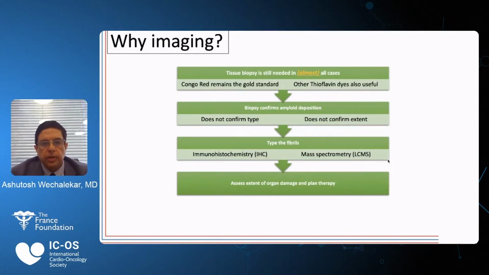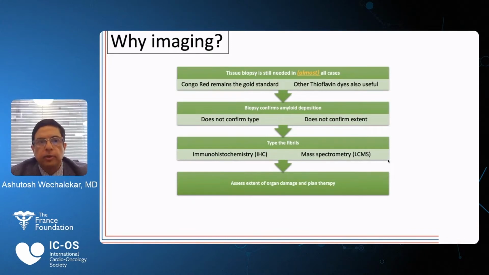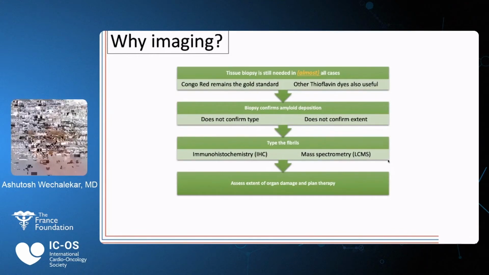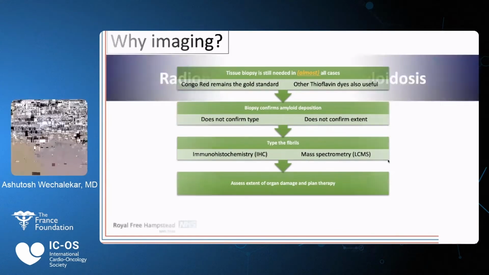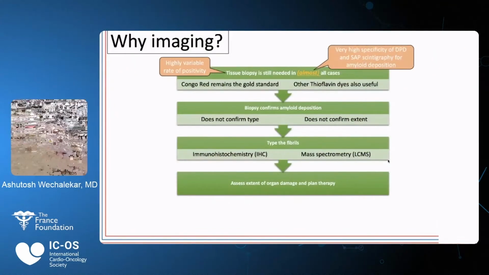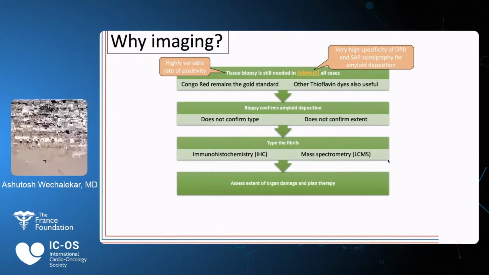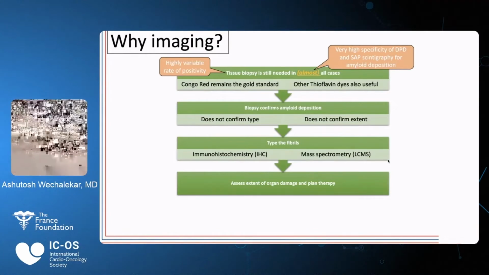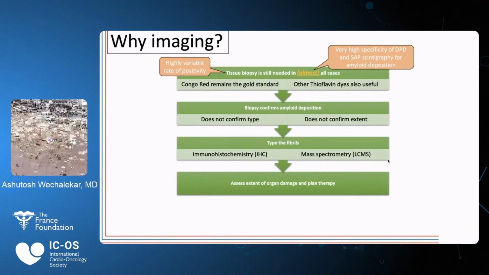Okay, great. So the question for us is why imaging in amyloidosis? What's the role? What's the purpose of imaging in amyloidosis? And could we have the next one, please? So essentially, the reason we need to image amyloidosis is that the diagnosis of amyloidosis is based on,